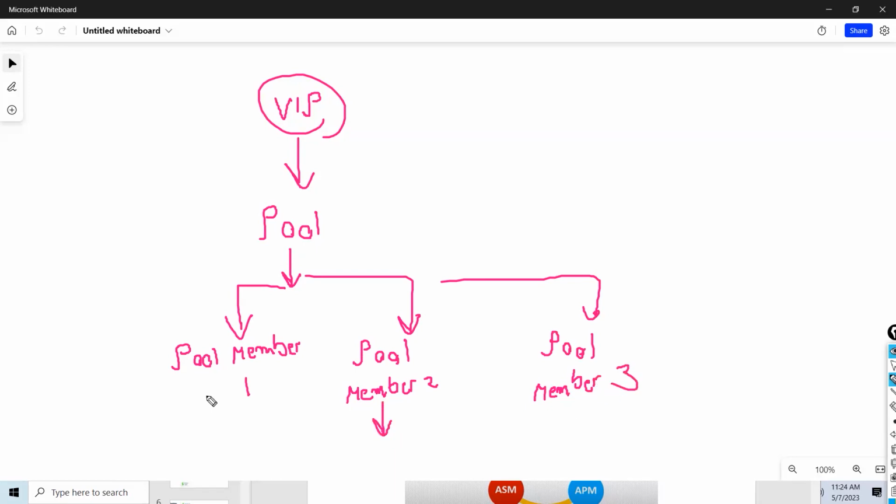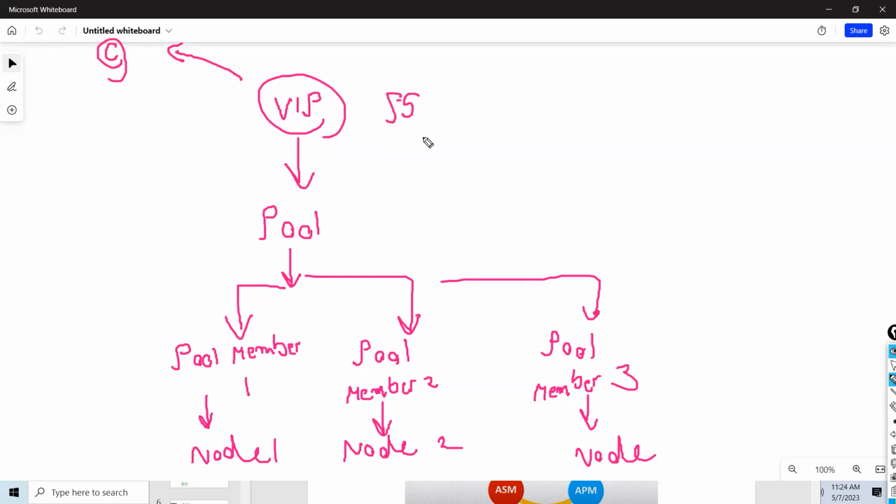And behind that, there will be a node: node 1, node 2, node 3. And before F5, there will be a client. So this is how your F5 load balancer network topology looks like. Components of F5.